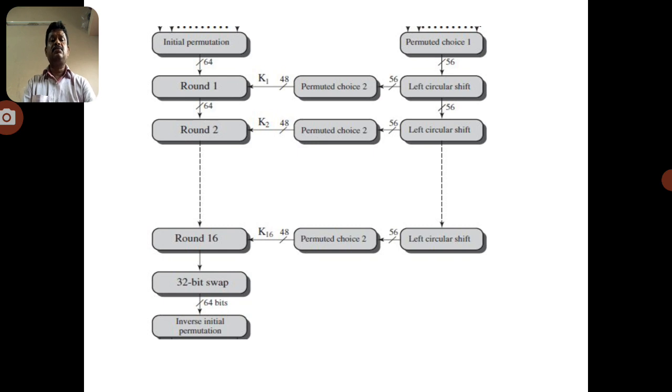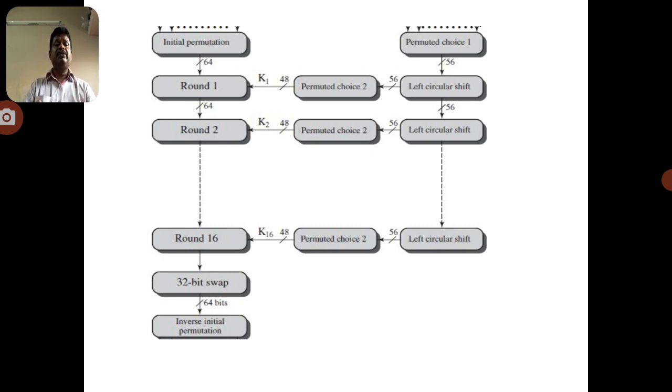Suppose the plain text message is 0101. We arrange the 0101 into 1010 in a different order. That means we change the position of the bits, but we cannot change the data. So that is the initial permutation. We apply the initial permutation as the initial stage, and after that we apply the round function. That round function takes the 64-bit plain text data. We will discuss what the round function is in a continuous manner.